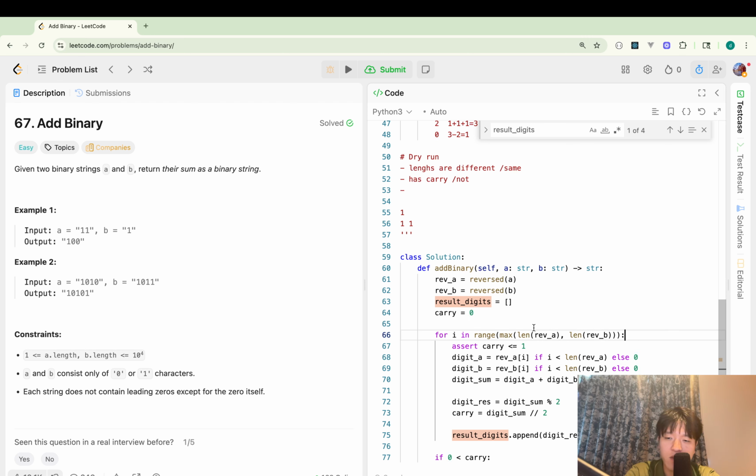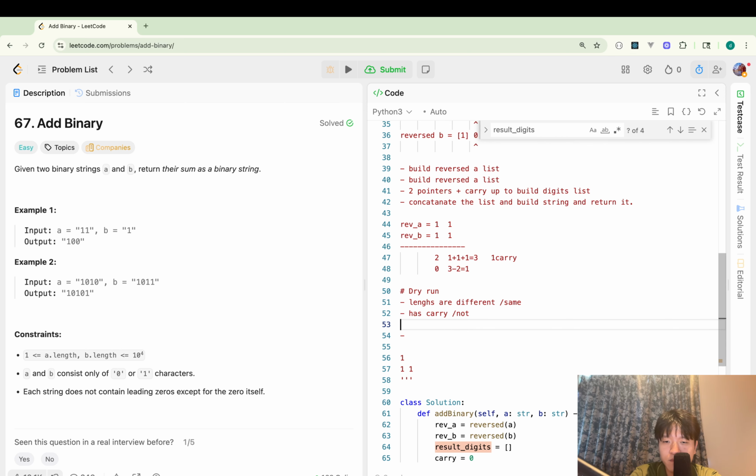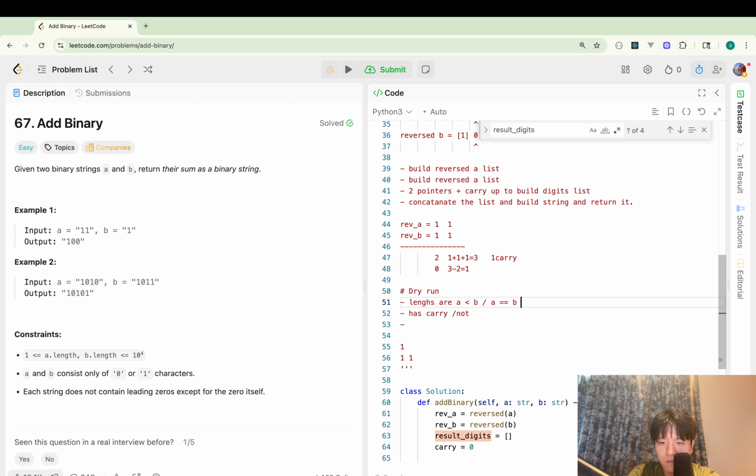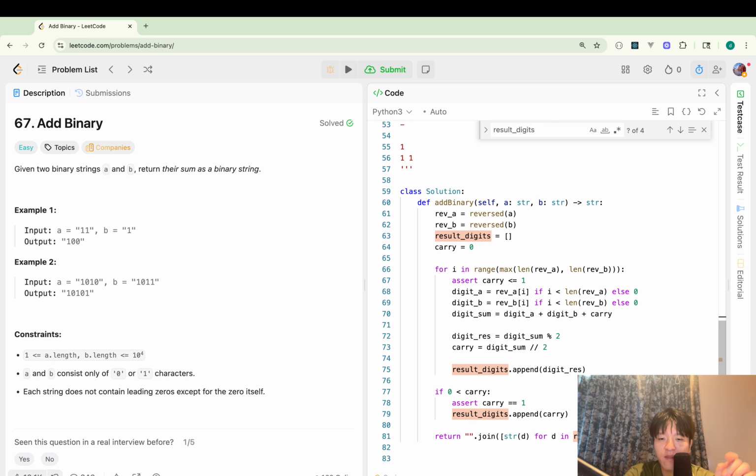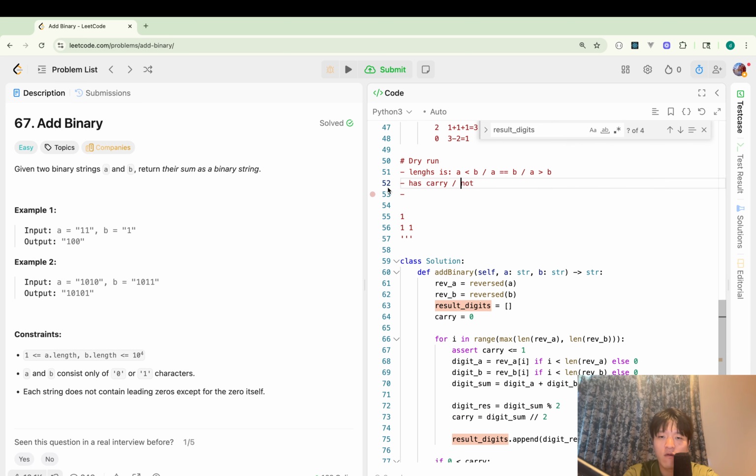This is what I intend to check. Okay, and has carry or not. That's from that what I have to check. Oh, has carry in the end or not? Yeah. Okay, that being said,